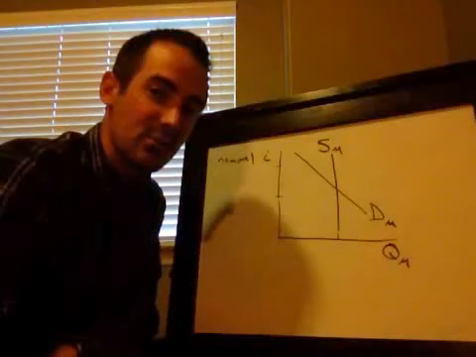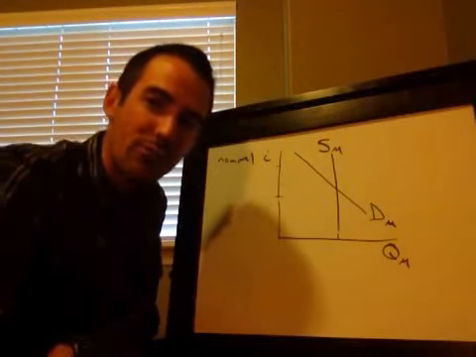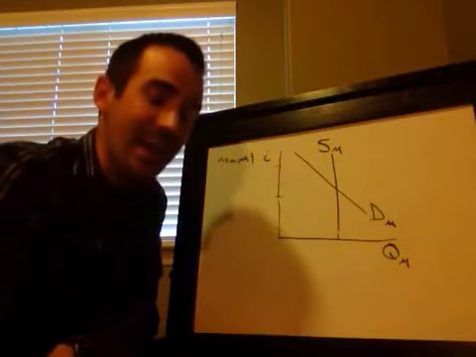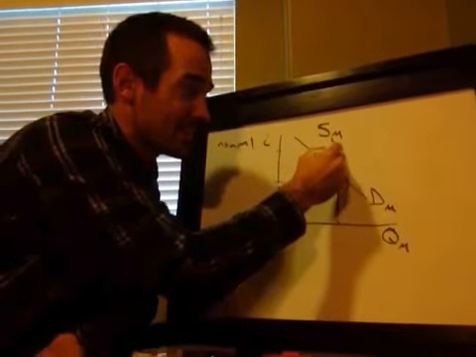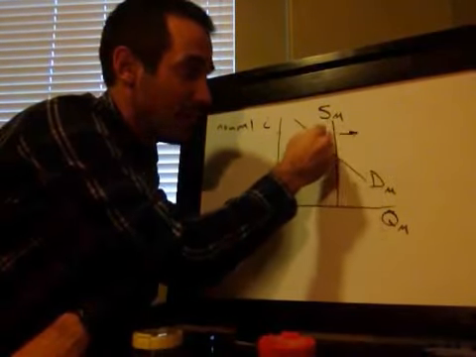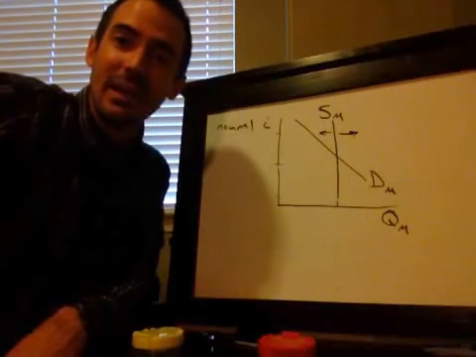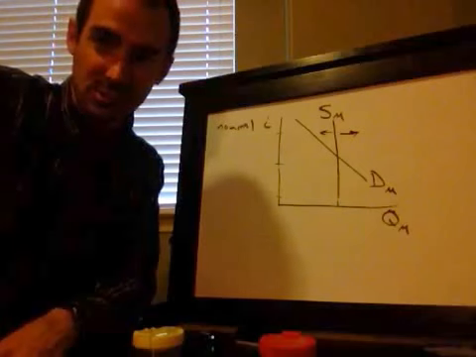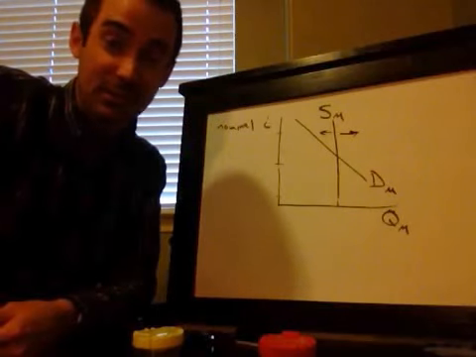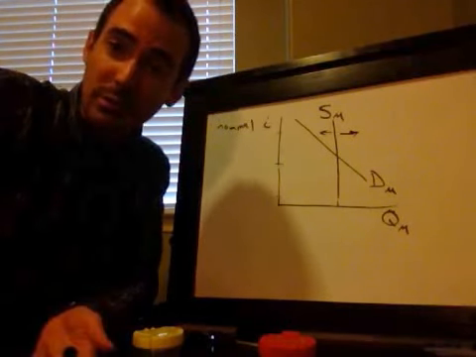Well, we're going to see later on that the Fed is one of the most powerful organizations in the United States, and therefore one of the most powerful organizations in the world, because the Fed can set that supply of money and move it to the right or to the left, and that will change where these lines cross and change the interest rates. That is very, very important. It's in the newspaper when it happens.